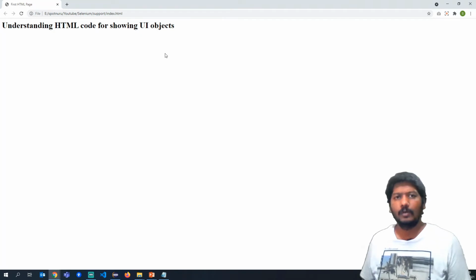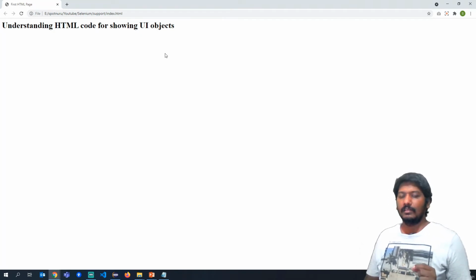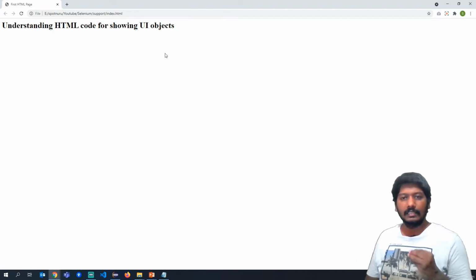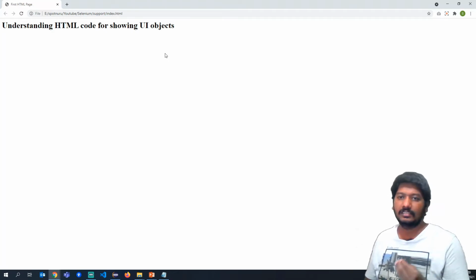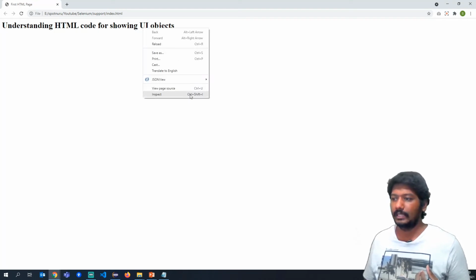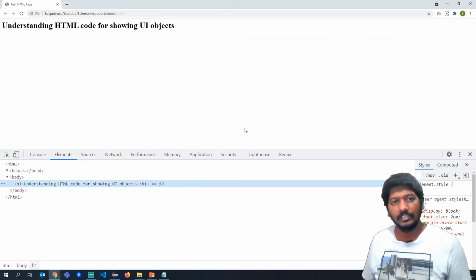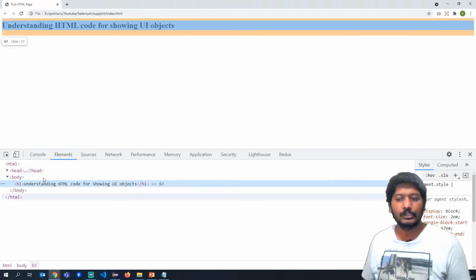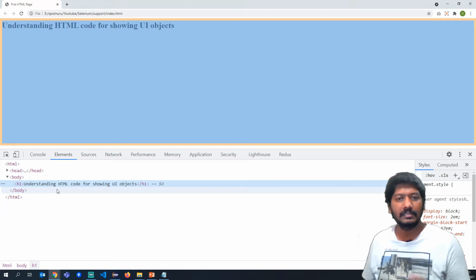Now, you can view the elements in a particular structure in the browser. That particular structure is called the DOM structure. If you want to see the DOM structure, you can right click and say inspect, and once you open the inspect element, you will see the actual code that we have written, in the form of a tree structure.